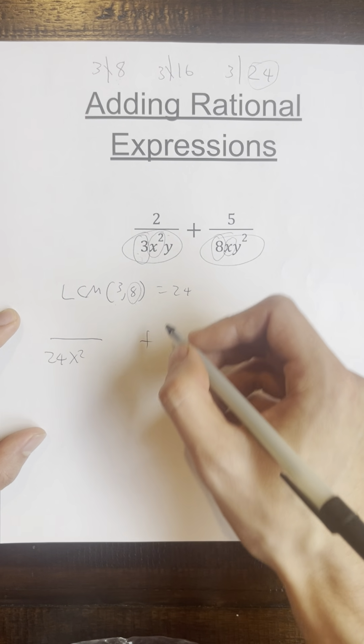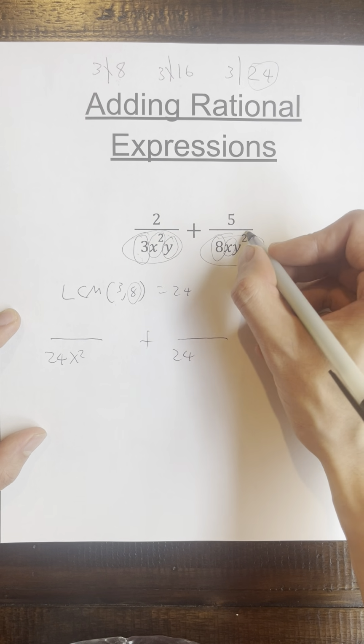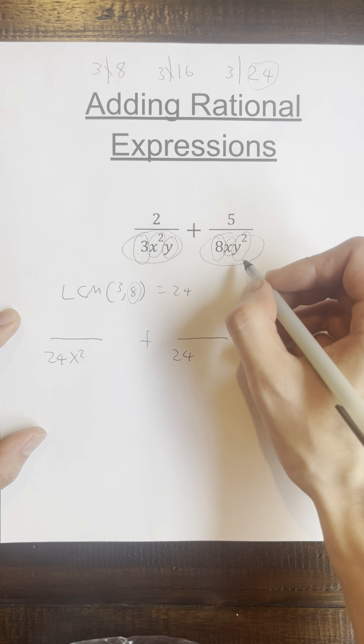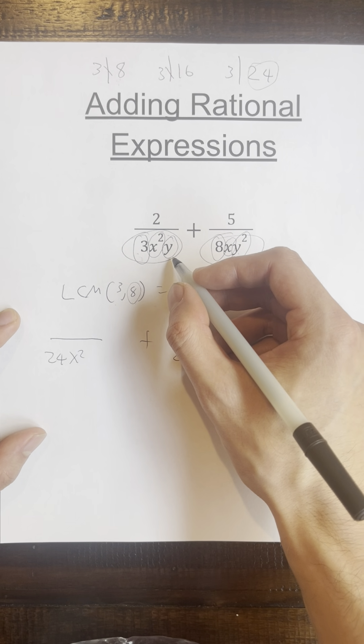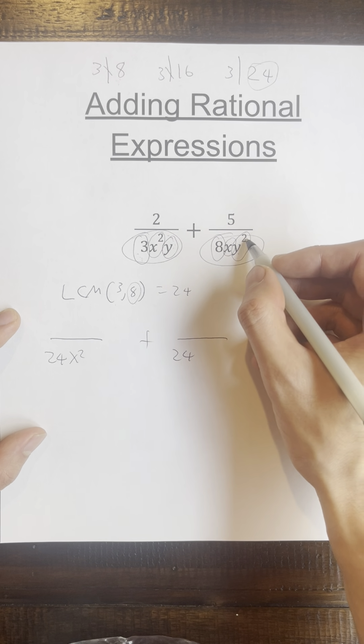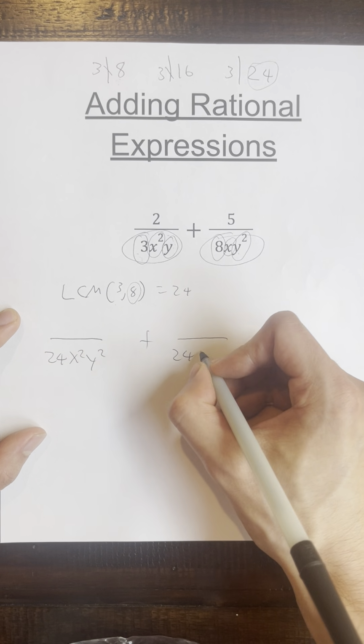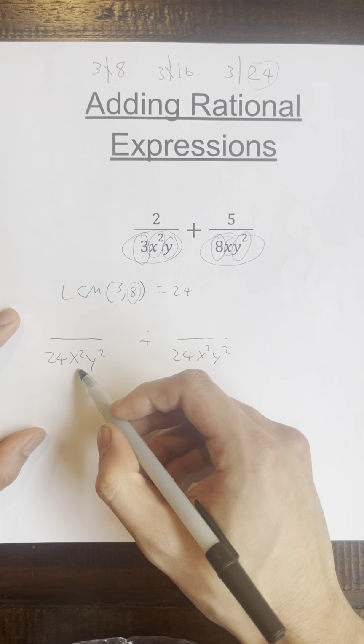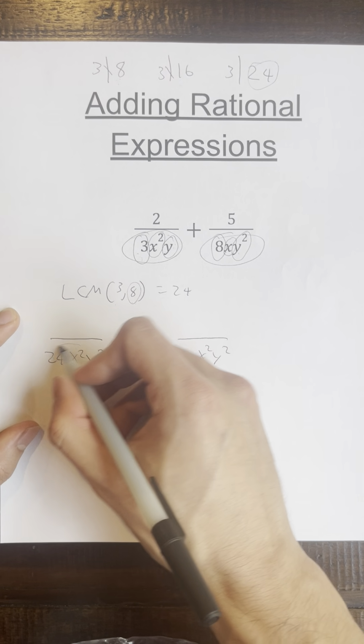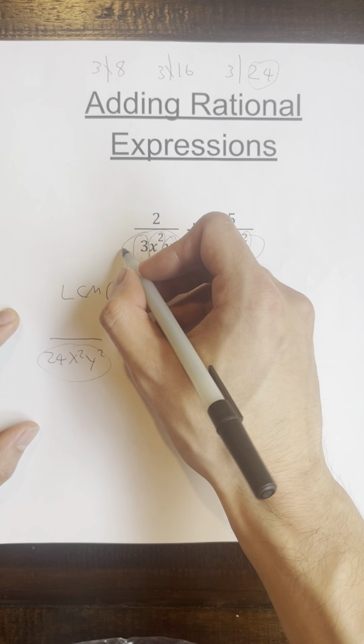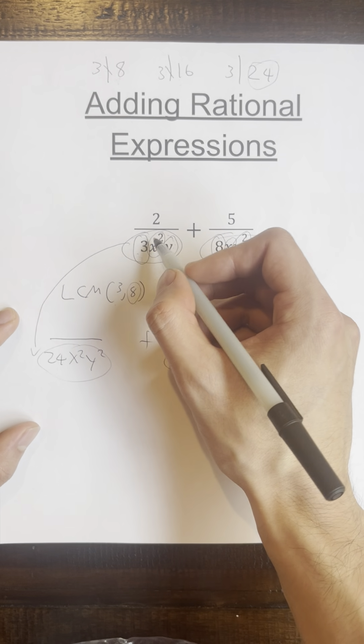X squared. And we need to take the higher exponent for y as well. So this would be y to the power of 1. This is y squared. So we're just going to take y squared. Okay. So now that we have a common denominator, we need to also figure out how much do we need